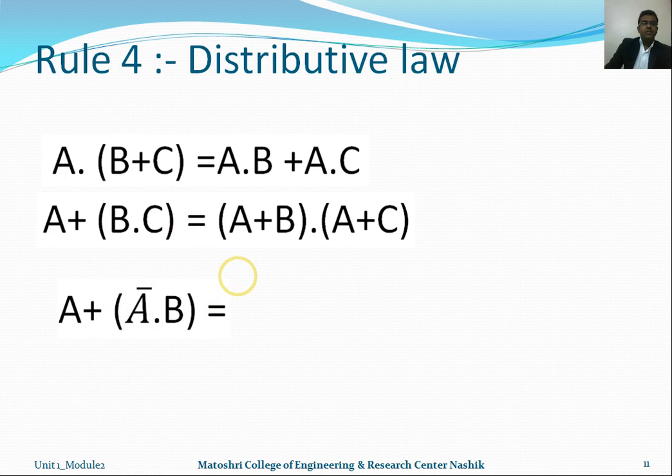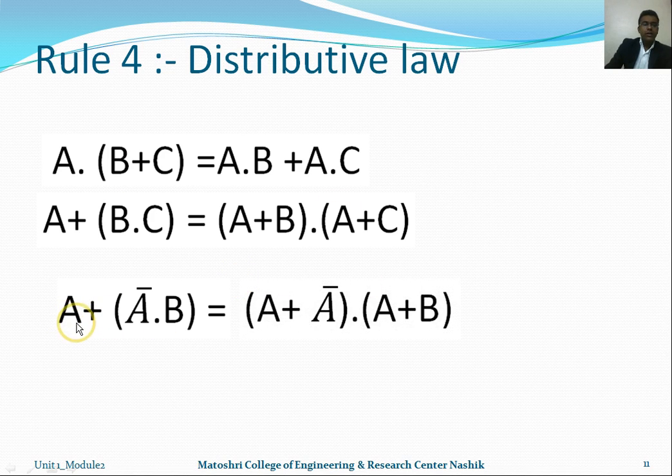Another one, we are taking the examples or the rules for this. So A is ORing with A bar dot B. Here it can be clearly shown that A plus A bar dotted with A plus B. Similarly for this second rule, A is ORing with B, dot performing A is ORing with C. Similarly A is ORing with A complement, we are performing a dot operation, and then A is ORing with B. So these are three very important distributive laws.